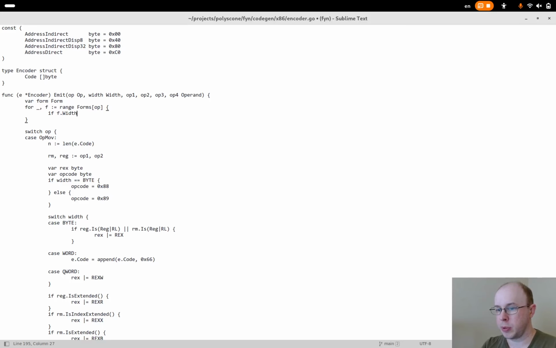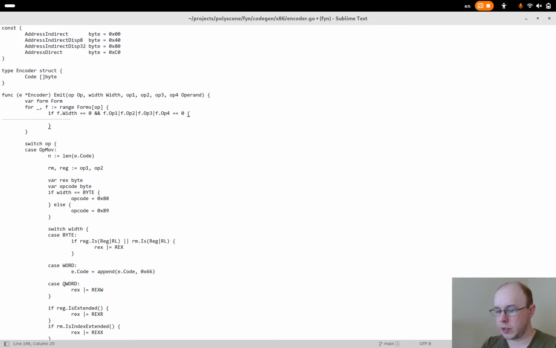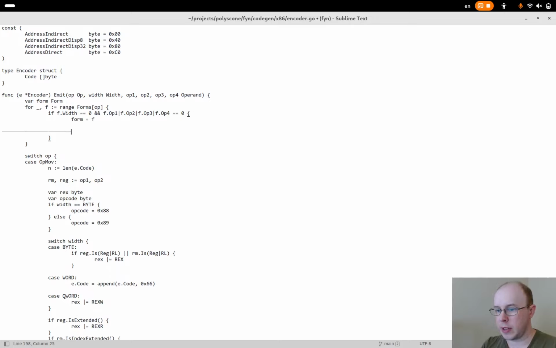So we'll say that, for example, if the form width is 0 and form.op1 order with 2, 3, 4, if this is 0, then we'll just immediately say that form equals f and break out of it.